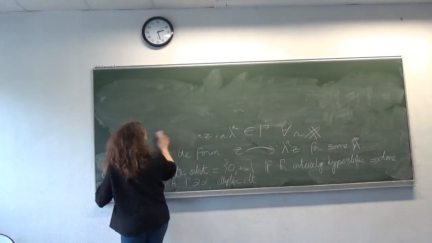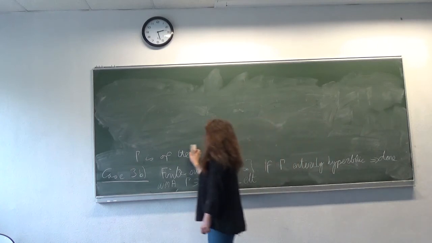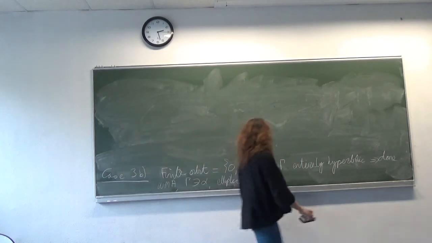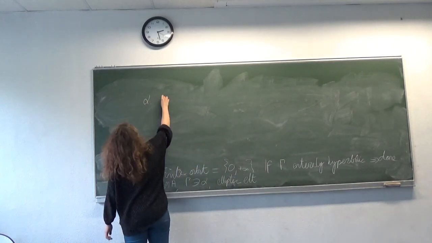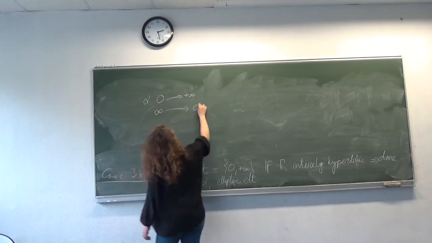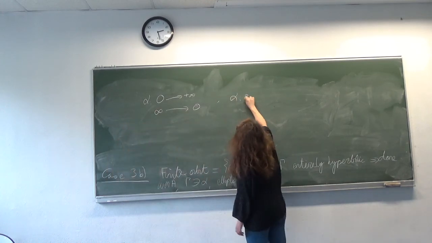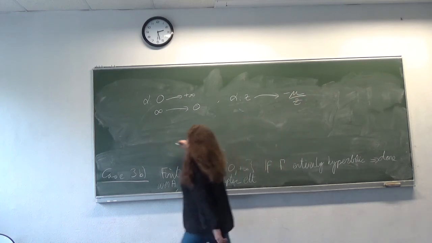And I know that alpha has to take 0 to infinity and infinity to 0, so I have that alpha is of the form z goes to minus b over z,